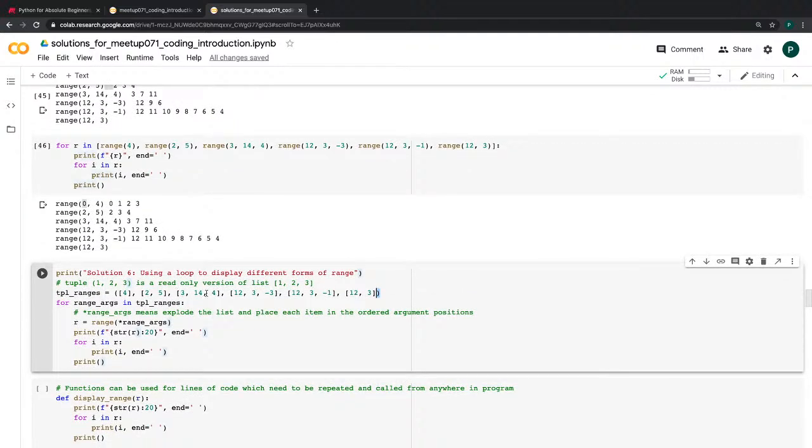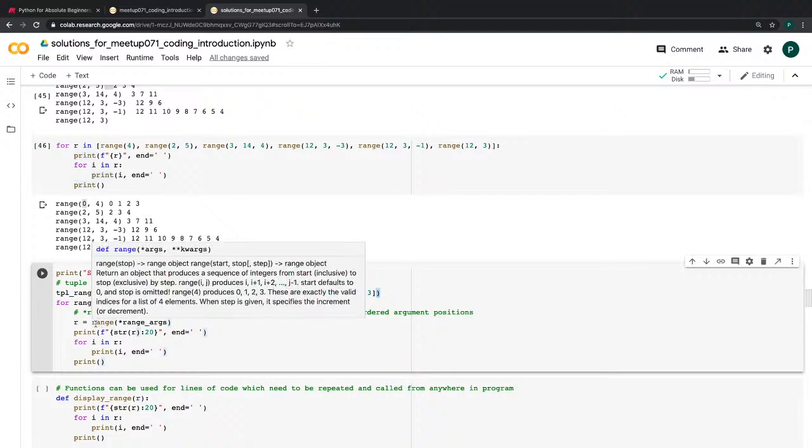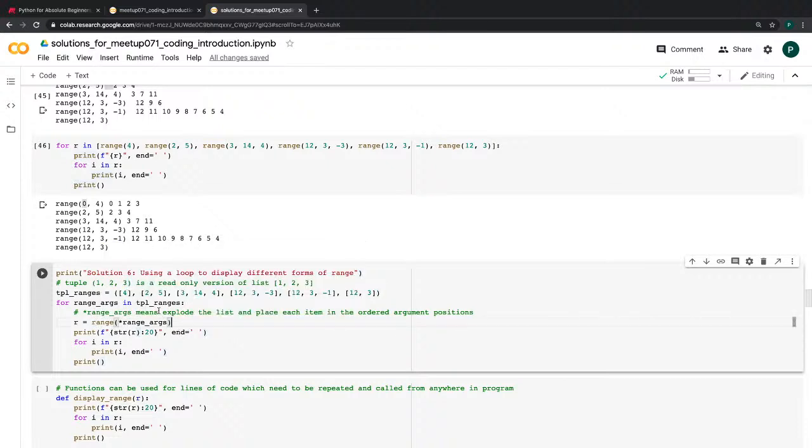But then, if I've got a list of arguments like this, how do I put those arguments into the function? And the way I do that is using this asterisk notation. So this is not really an absolute beginner's thing in Python, but seems like we're all doing so well tonight, I thought I'd introduce it. What that does, the asterisk explodes all the arguments and just places them in order into the function. So if I've got 3, 14, 4, it just puts them in there in that order for the range function. And similarly, if there's only one argument, it just puts that one in. So if I run this,